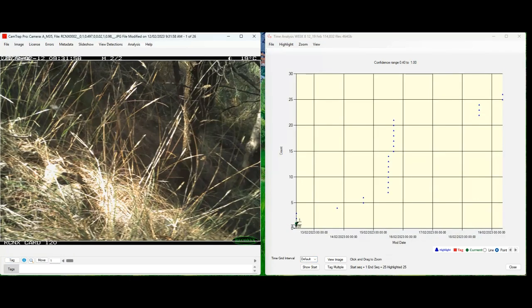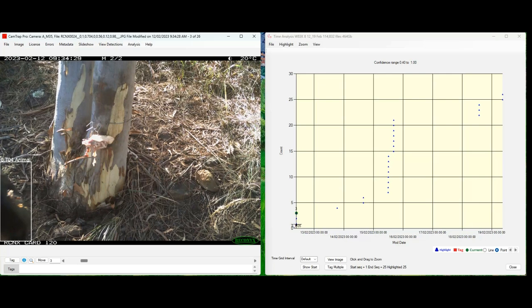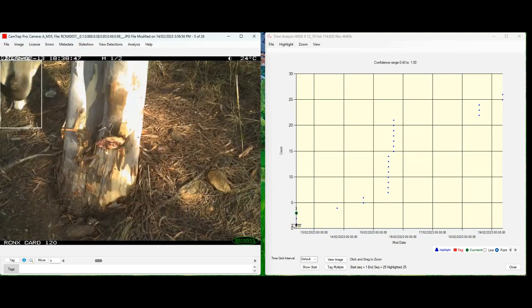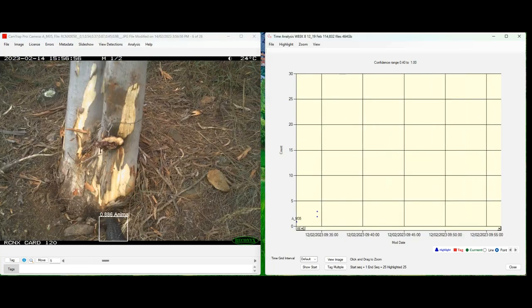We've now come on to the last camera out of the week of data, and you can see that there aren't many highlighted images in this. We'll just step through them using the arrow key. Don't know what that is. But there's a shingleback skink. So we'll tag that